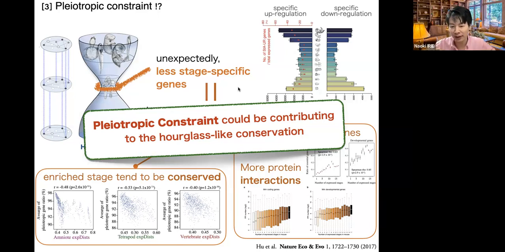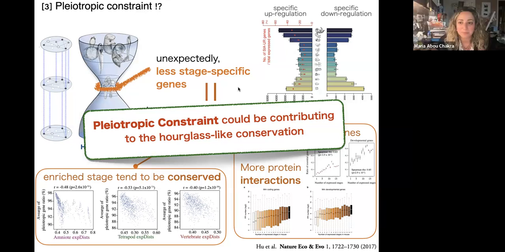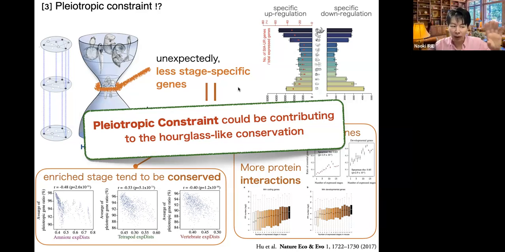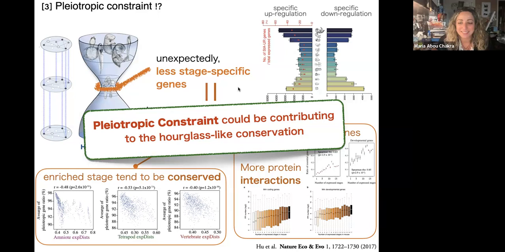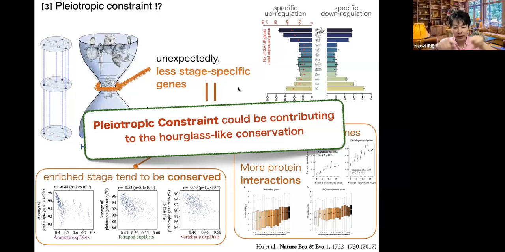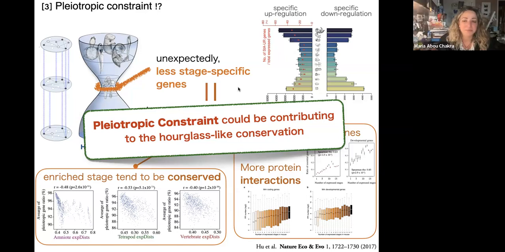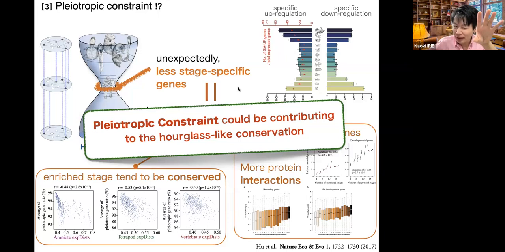right after the gastrulation stage, but not the stage where pentameric symmetry establishes, because that is said to be the body plan for echinoderms. Our assumption was that the stage of pentameric establishment would be the stage which shows the most conserved signals, but it wasn't. Oh, interesting. So I would say the body plan for echinoderms may not be pentameric, but more about features that can be observed at earlier stages. Right.